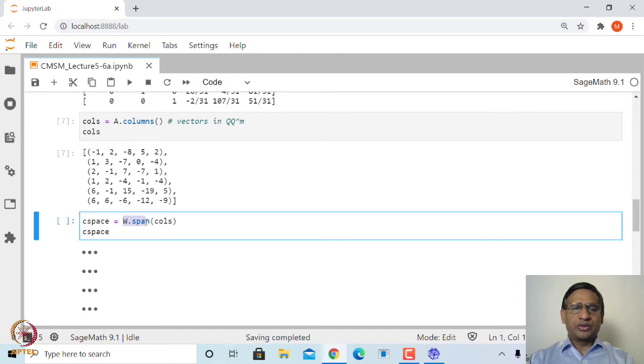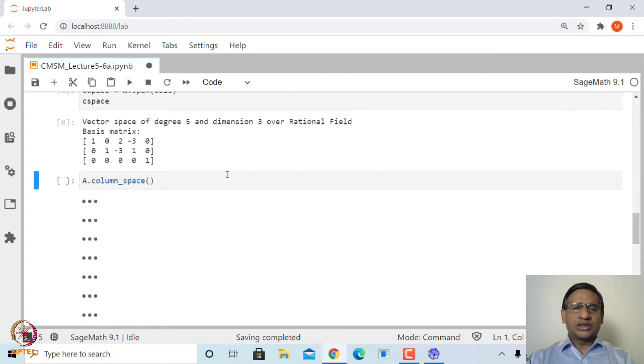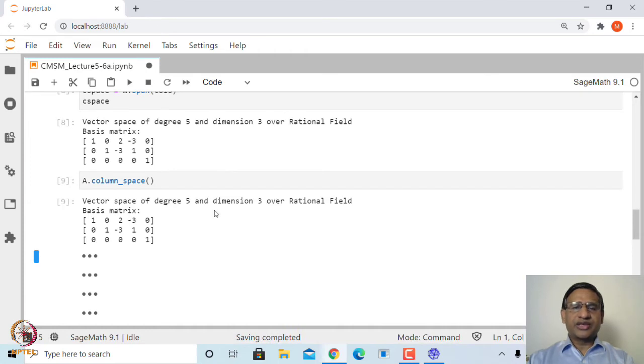We can say W.span. Here W is the vector space Q^5. When we find it, it says that this vector space is of degree 5, that means each vector has 5 entries, and it has dimension 3. Similarly, you can find this using the inbuilt function column_space, and this again gives you a subspace of dimension 3 and degree 5.